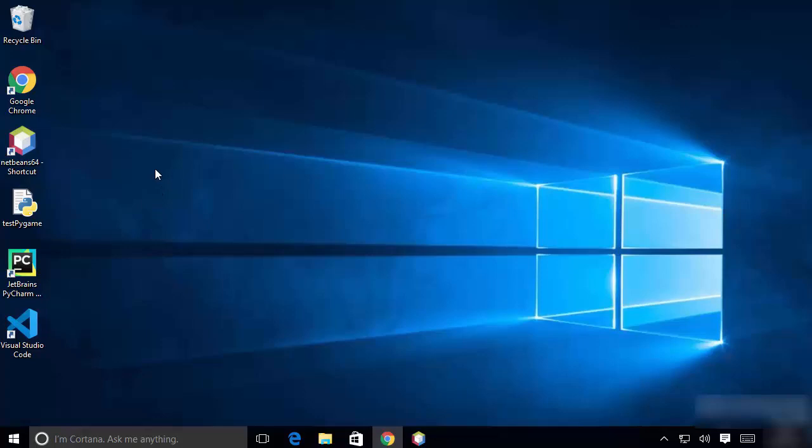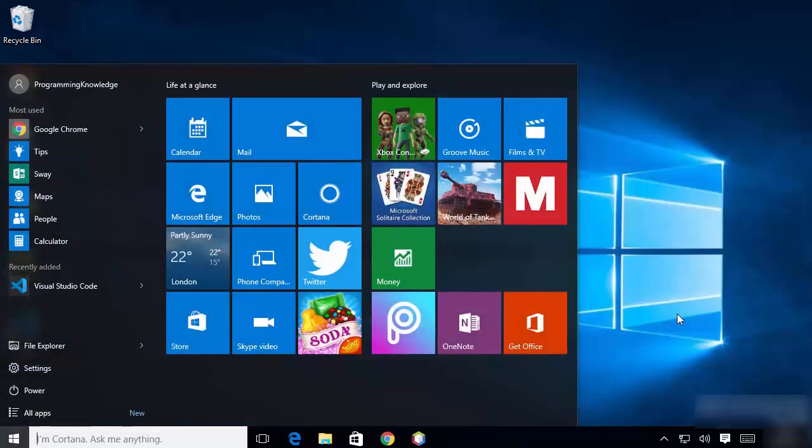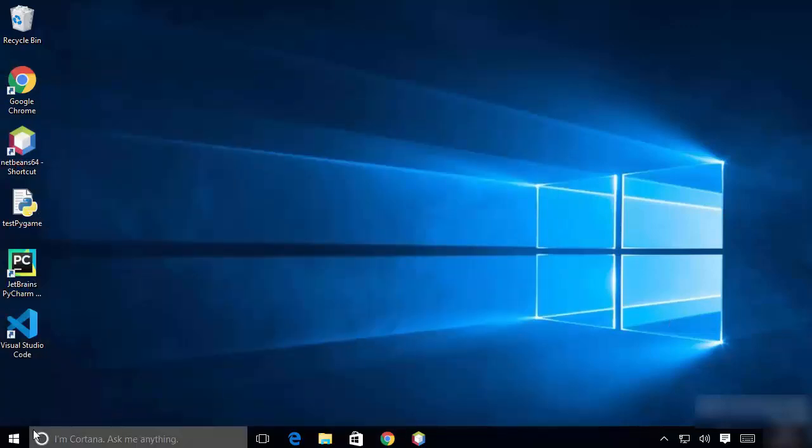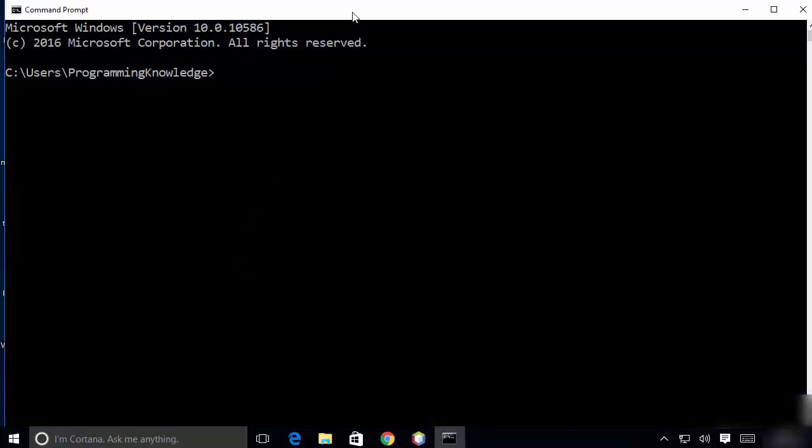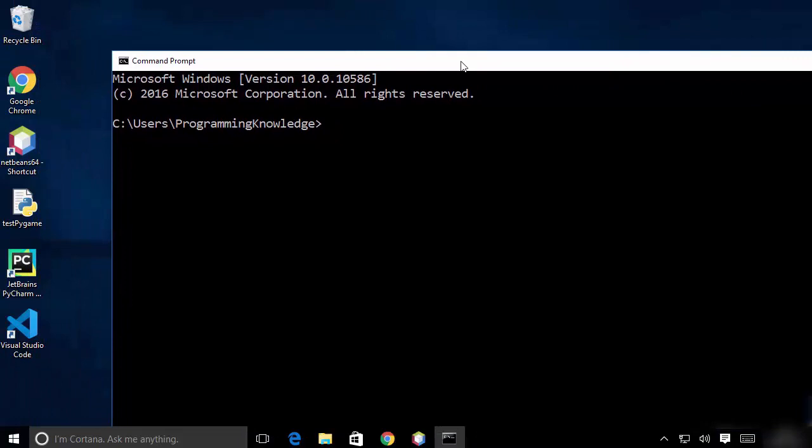So now the only thing that remains is I need to open the Visual Studio Code and create my project. So to start with, because this is a Python development kind of tutorial, I'm going to open the command prompt and I want to show you some more things. So you can go to your chosen directory.